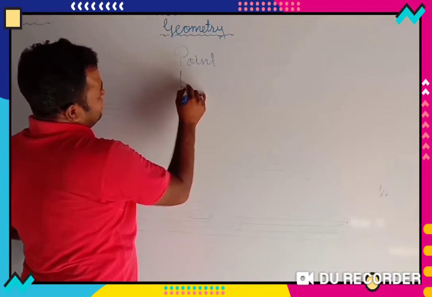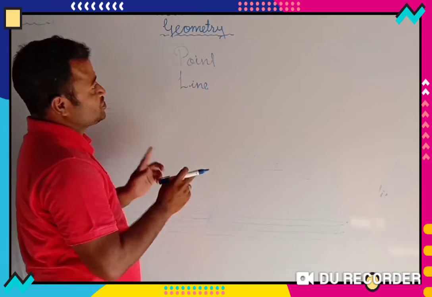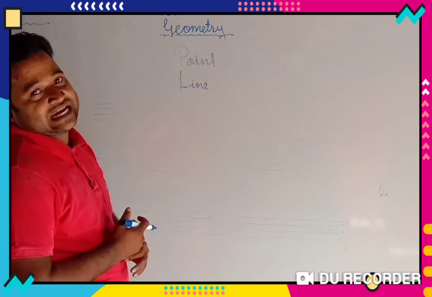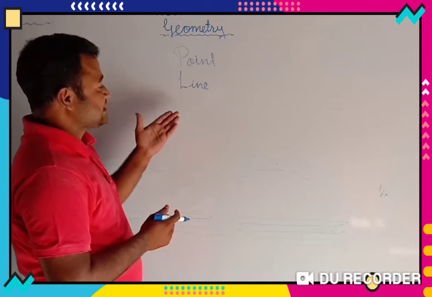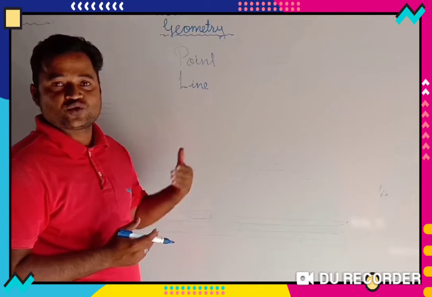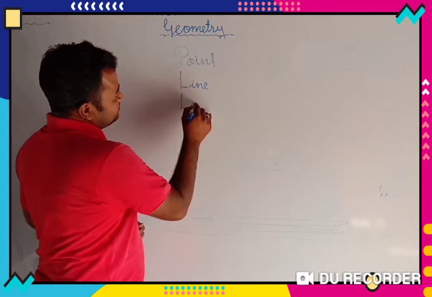Then we studied about line, a geometrical figure that has two arrowheads and can extend in both directions endlessly. As it extends endlessly, it does not have a fixed length, so we cannot measure it. Then we studied about line segment,